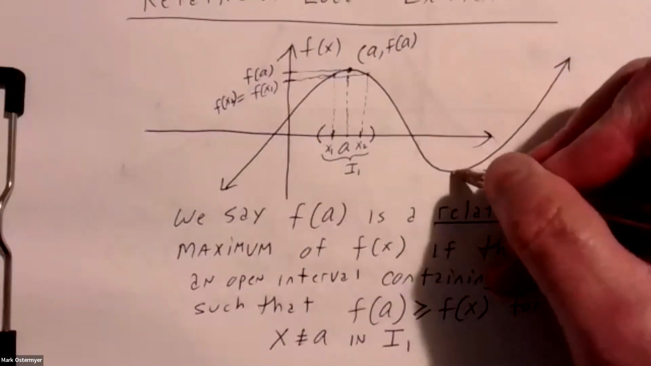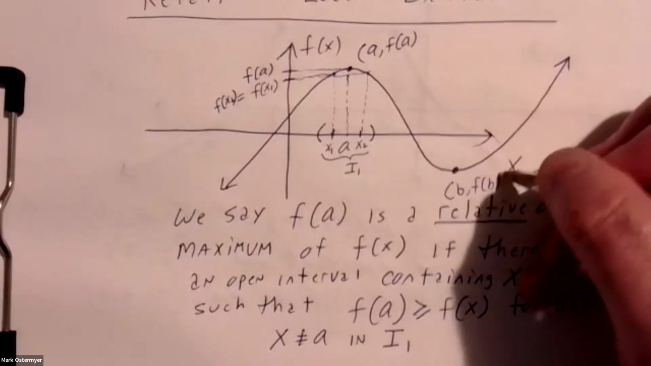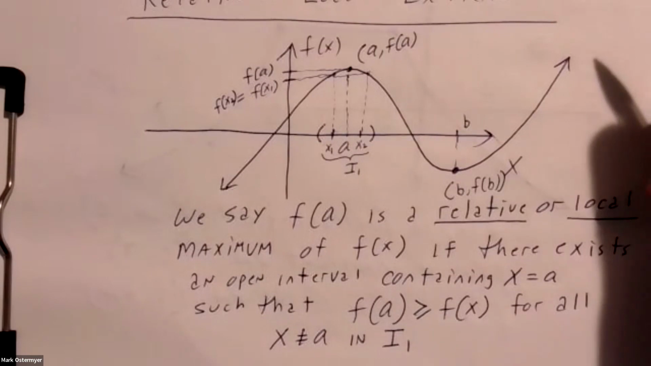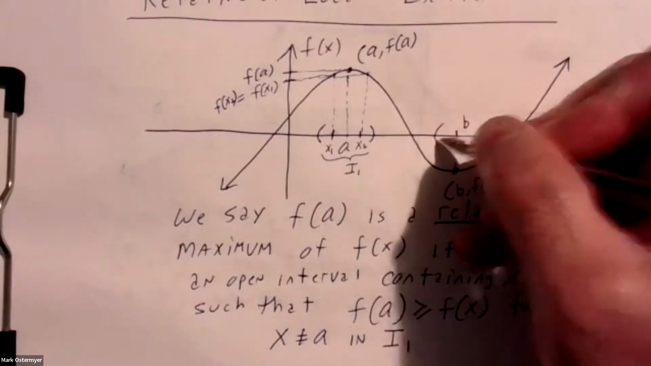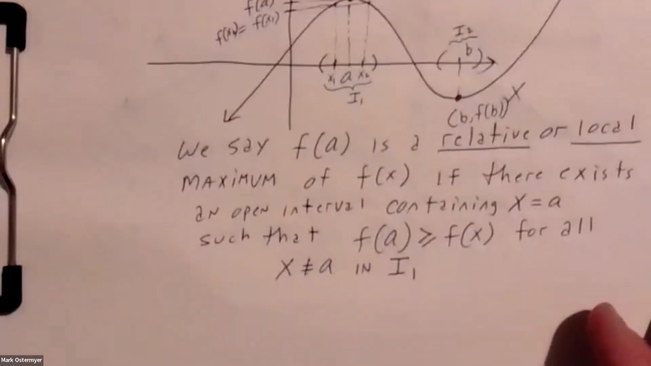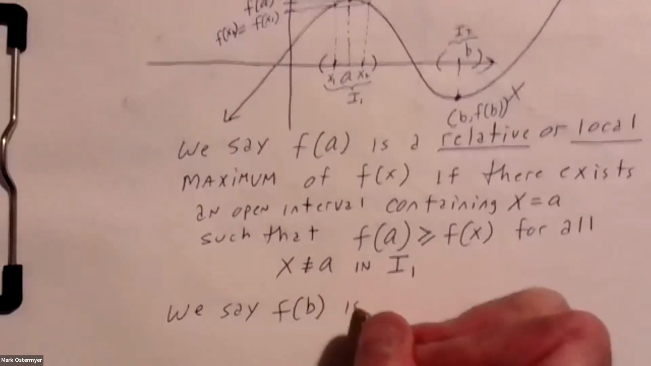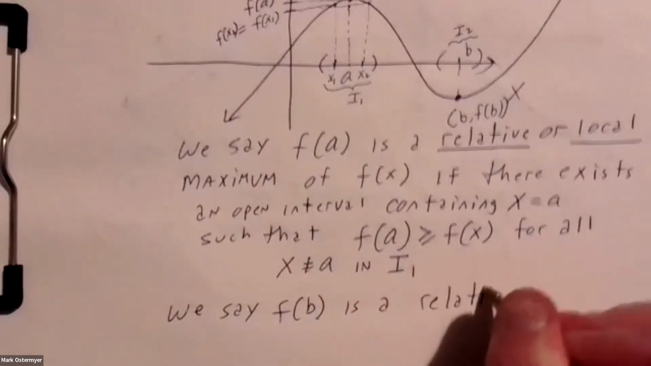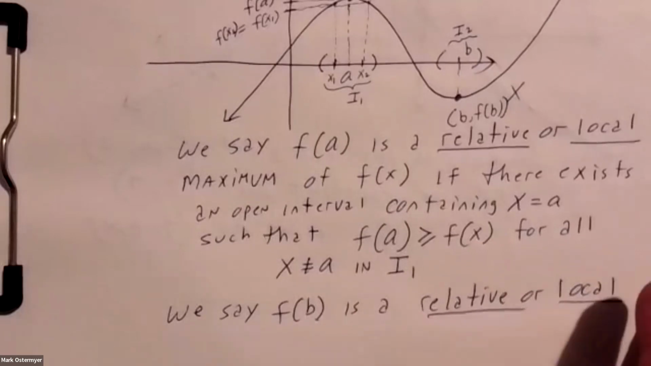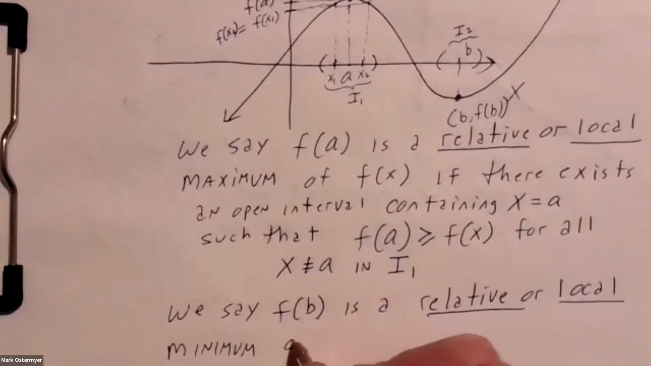And in a similar fashion, suppose I choose this point down here, and its ordered pair address is b, f of b. Suppose I enclose b within some sort of small subinterval called I sub 2. So we say f of b is a relative or local minimum, relative or local minimum of f of x